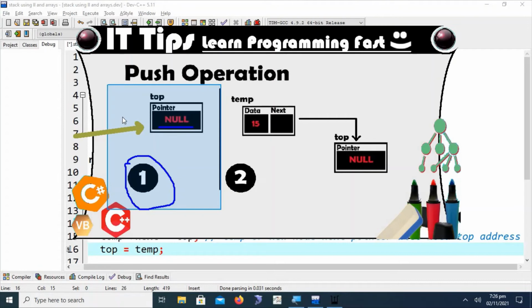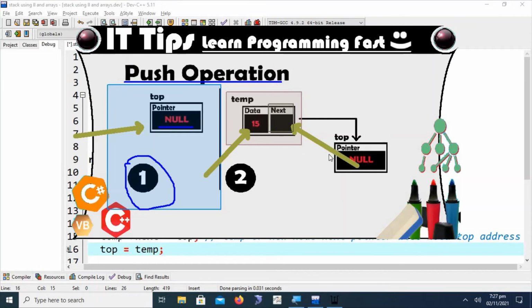In the second phase, because we are discussing the push operation, as in the code, in the first line of push the temp node is created and the data is loaded into its data part. What will be in the next part of the newly created node? It will contain the top address. Whichever address is maintained by the top will be loaded into the next part of the newly created node.